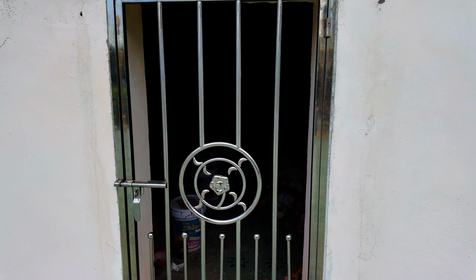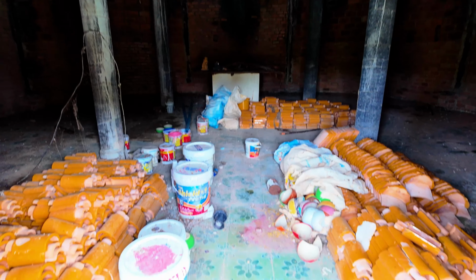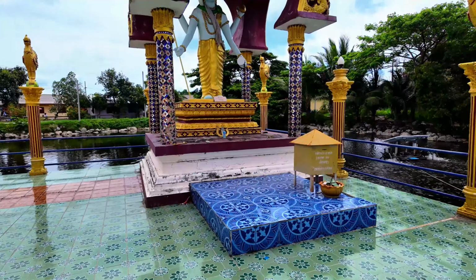And that's the big Buddha's inside. Let's have a look what's inside. Hollow. Oh, it's very hollow inside. Spare dishes and stuff like that. And then we have the